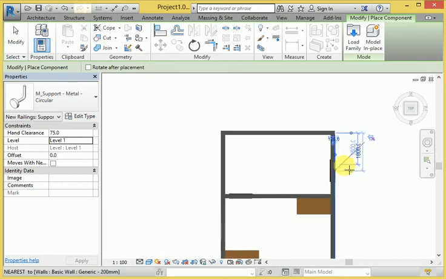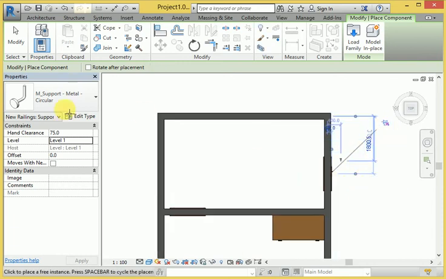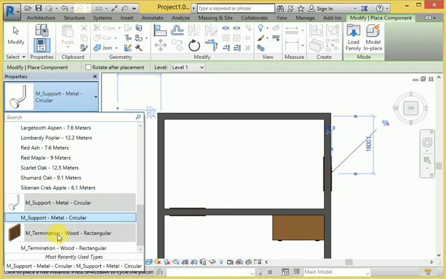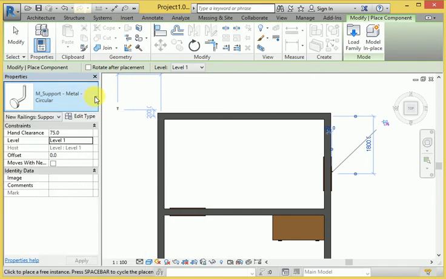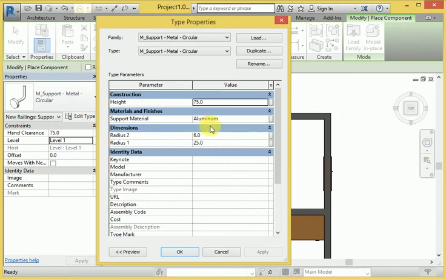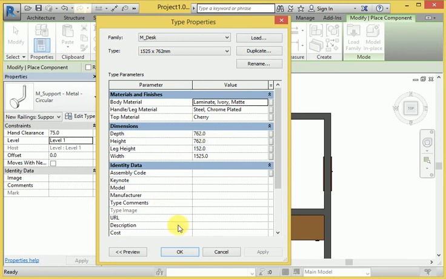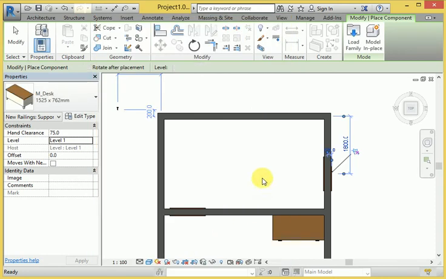So look at this, and again change the different other component selection. So I selected this one, and the type has been changed from here. Desk table just selected here.